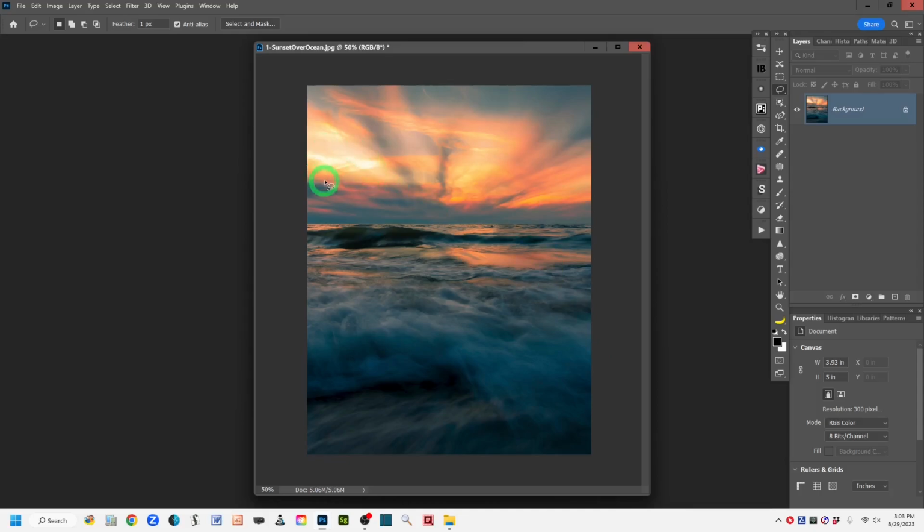And this is what I mean by a blown highlight right up here in this sky. Blown highlights are those glaring white, overexposed areas of our image with no image detail in them. So in this video, I'll demonstrate a mix of tools and techniques that can help us repair blown highlights in